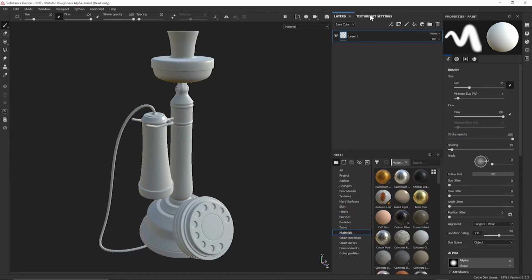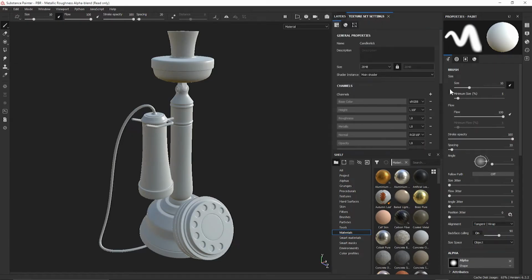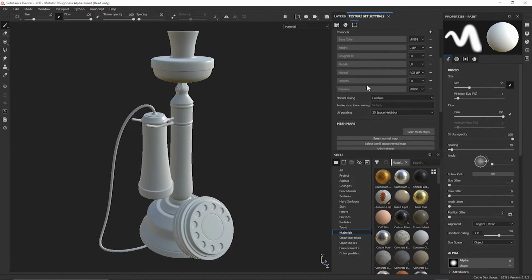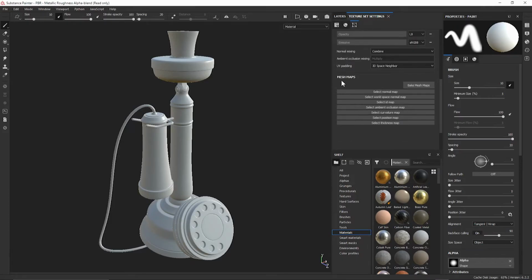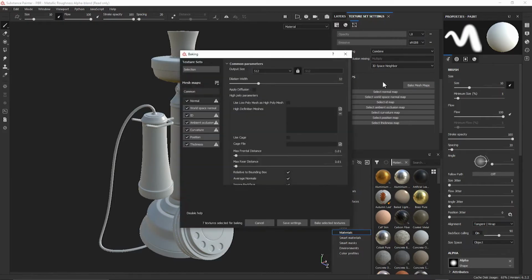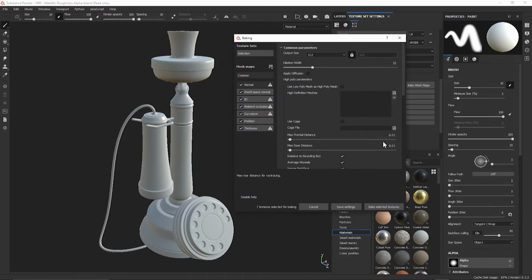So I'm going to come up to Texture Set Settings, and again, if you can't find this in your project, you can just go up to Window, Views here, and Texture Set Settings should be at the bottom. So I'm going to scroll down here, and you can see that we're going to have this Mesh Maps option all the way at the bottom. And we're going to have just a bunch of different mesh maps we're going to be able to bake out. So I'm going to hit this Bake Mesh Maps button,